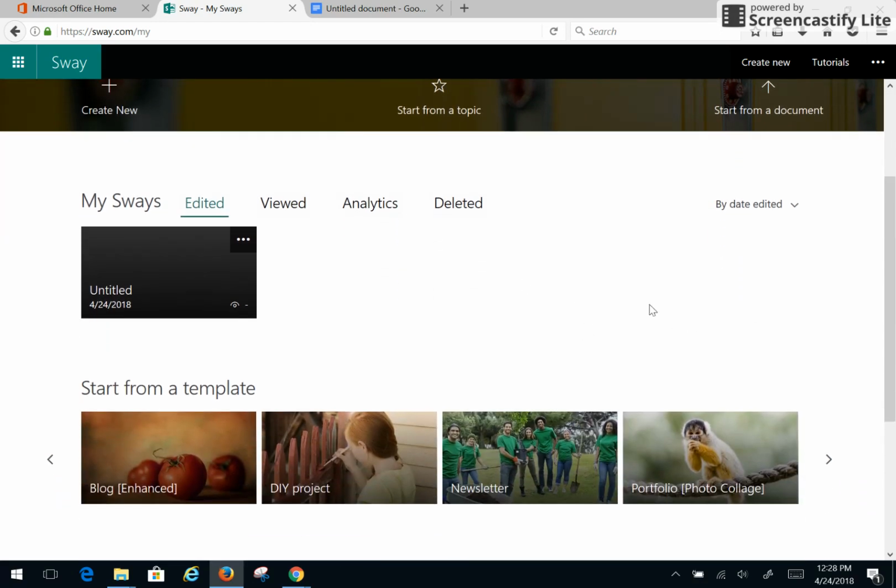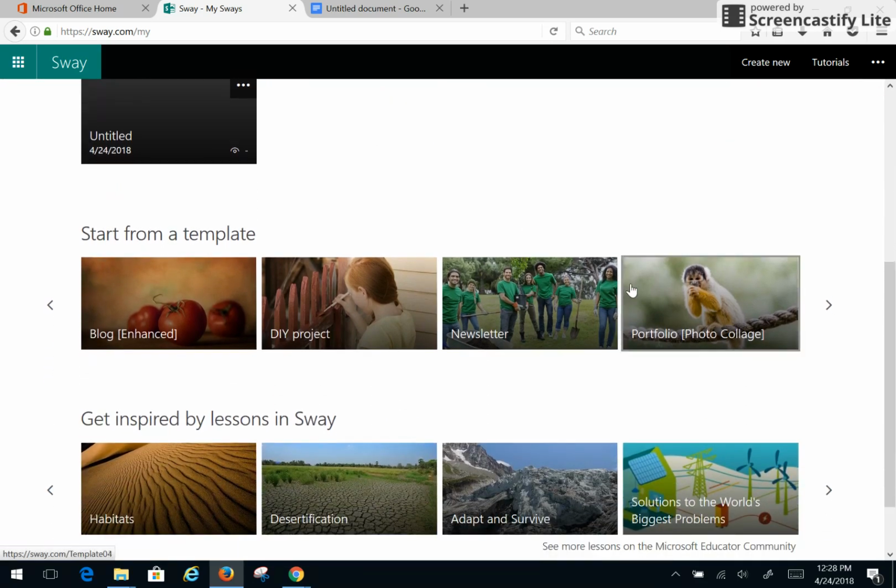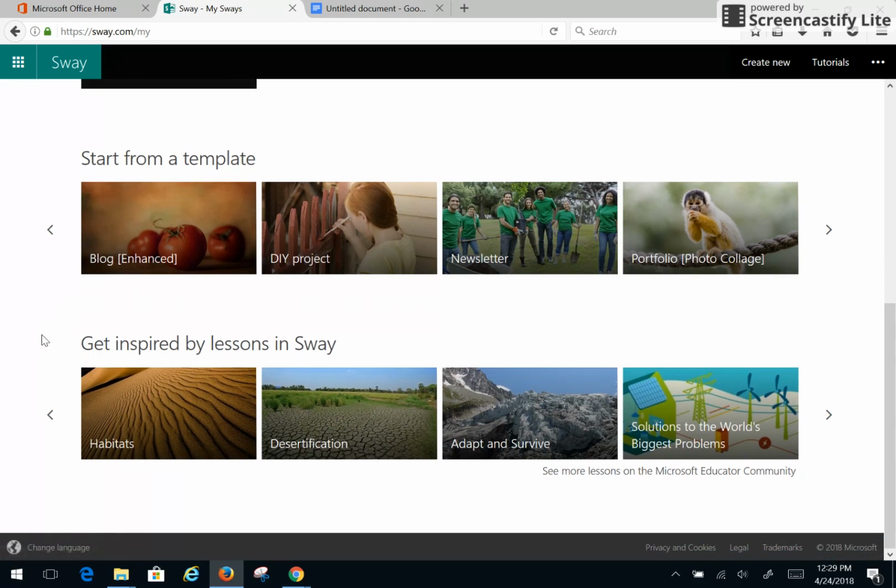Then if you come down here, you can look at all the different Sways that you've edited and viewed. You can analyze the information on the Sway that you've edited with the number of views that it has. You can also look at the ones that you've made and deleted, in case you accidentally delete one, you can go and find it there. Below that, you have the different templates. So if you wanted to make a newsletter, this is a template that Sway has created for you already that you can use, along with, right below that, some lessons to give you some different ideas on how to use